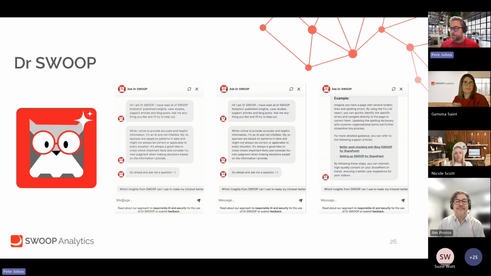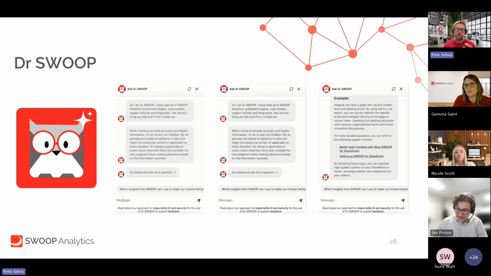Swoop. Yeah, I'll jump in here. So this is something relatively new for us. It's what the last sort of 6 months we've been really rolling out Dr. Swoop, which is integrated into SWOOP for SharePoint. It's integrated into all of SWOOP's products. And there's just 3 simple examples working through there. I'm not expecting you to read all of the copy in there, but it's just to show you we're really starting to understand the value of some AI guidance, particularly relevant for this decentralized model of intranet